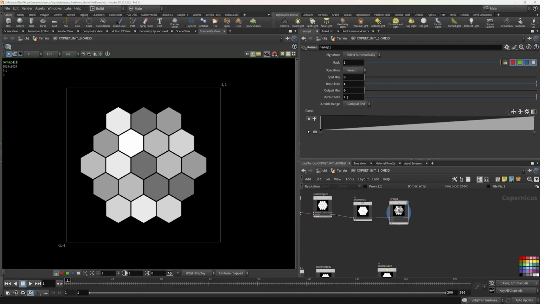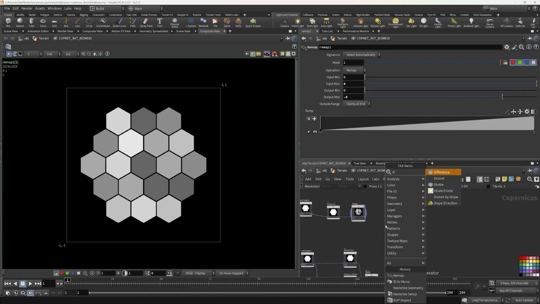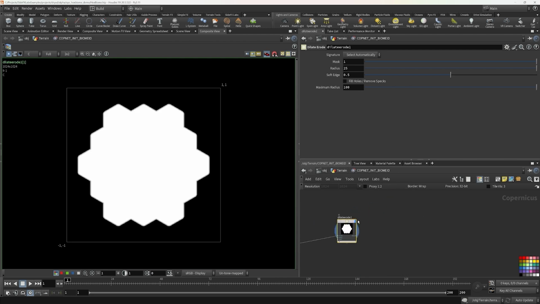Actually, the reason I didn't go all the way to 1 is because I'm going to save that 1 value for our beach on the outside. So I'll put this at like 0.8. So there's our greatest value of 0.8, and we'll reserve that white value for our beach. And the way we'll achieve that is we'll take this rasterized geo, plug it into our dilate erode,